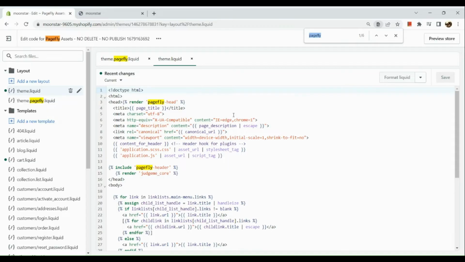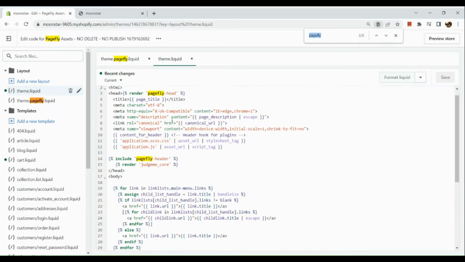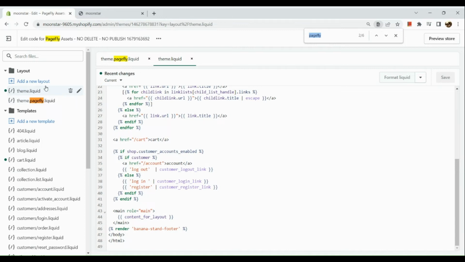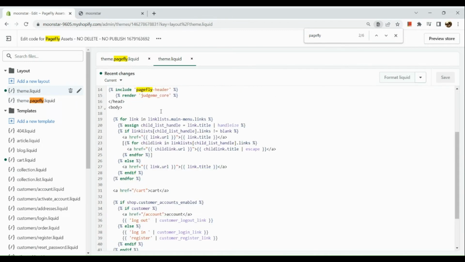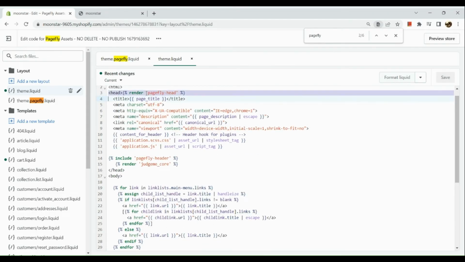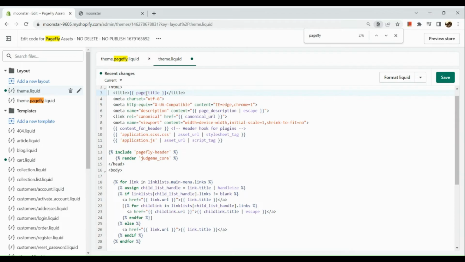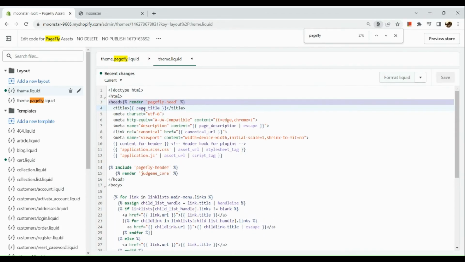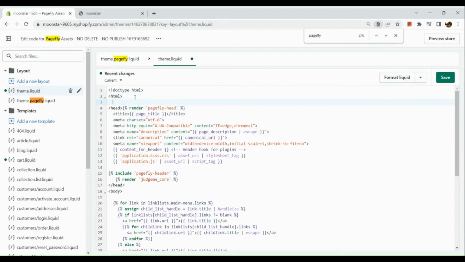Now Control F and look for Pagefly. Pagefly is the app that makes the problem have a liquid error basically. So here we can see Pagefly. All we need to do is to simply backspace the Pagefly item, or another way is to simply add a curly bracket before it and the percentage sign,